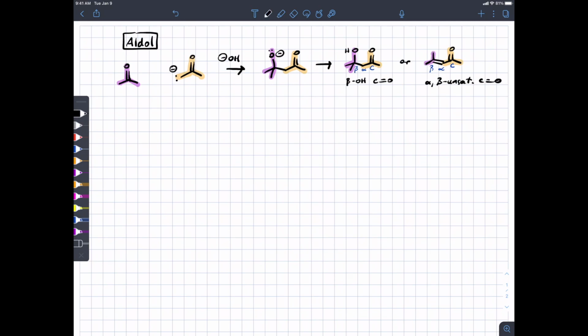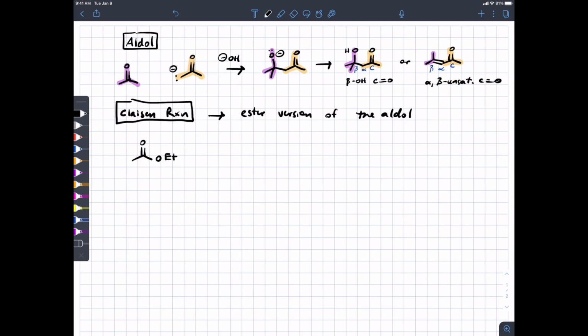Today we're going to introduce a new reaction called the Claisen reaction, but you shouldn't think of it as a separate thing. In fact, it's just the ester version of the aldol. What do we mean by this? Well, if we take this ester and react it with sodium ethoxide, which is just sodium ion and the ethoxide ion, we're going to form a small amount of enolate,